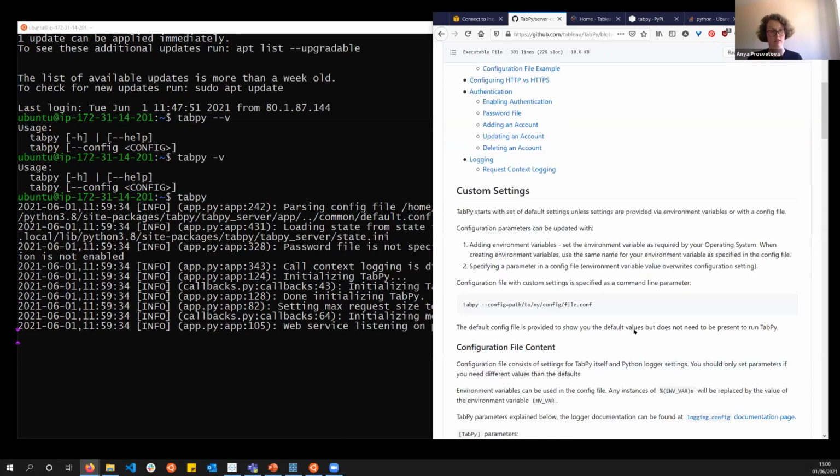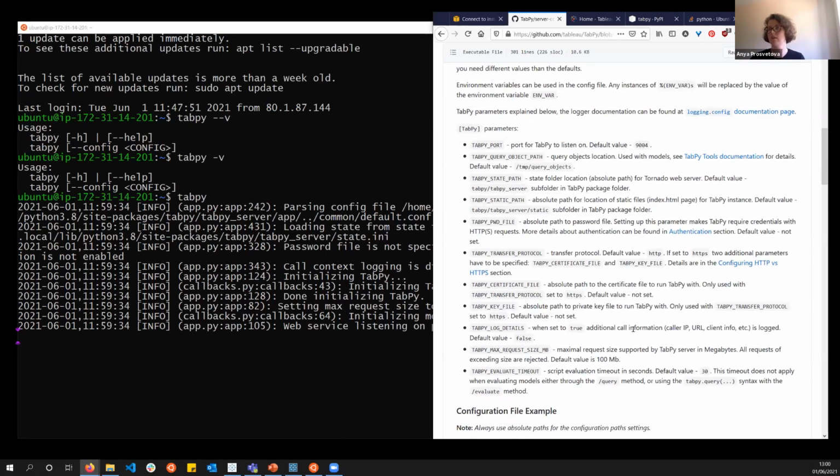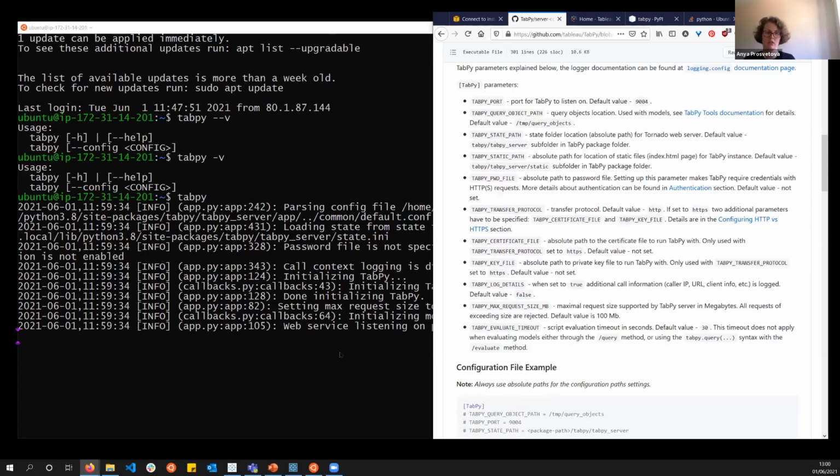And there is an example of a config file, and there are quite a few configurations that you can change, including the port, including setting up the passwords and logins. So all the different things that you can add into your config file. Here, I'm using just the default settings, but if you have a config file with your settings, you will need